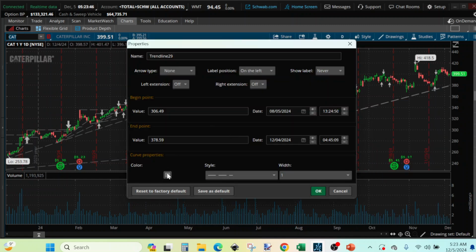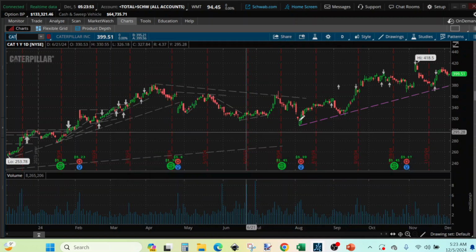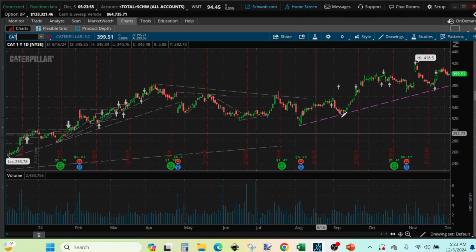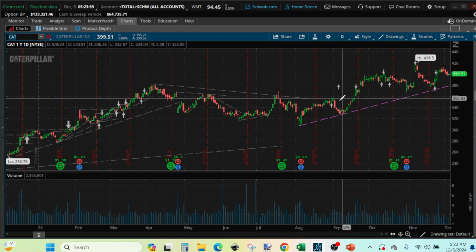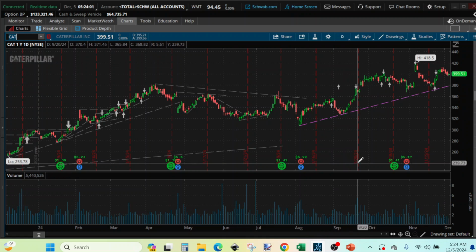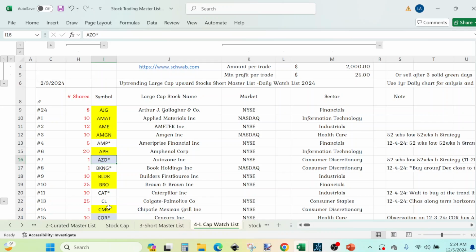And again, if later we see that line is not the line that we should be following, we could try to locate a longer line as well. But since it came down to that line multiple times during the year, we want to trade it on that line. So the next one is CL,